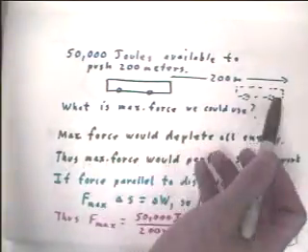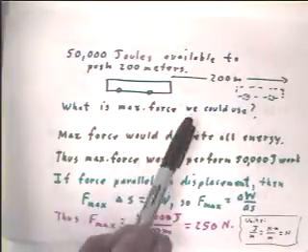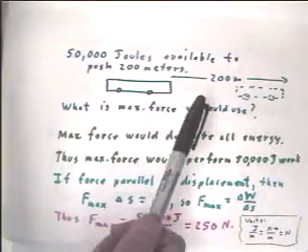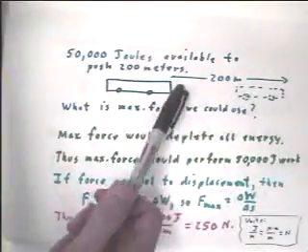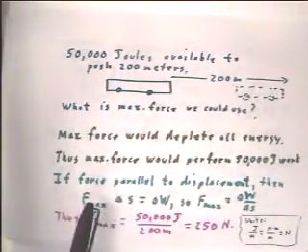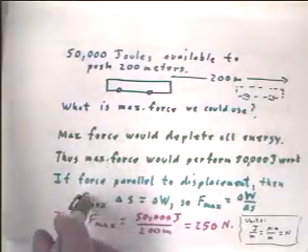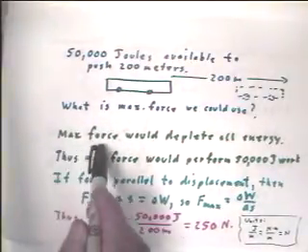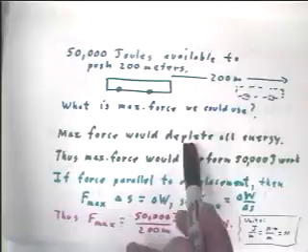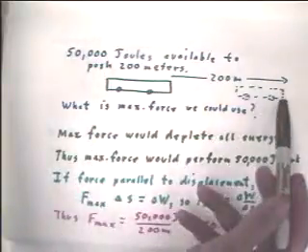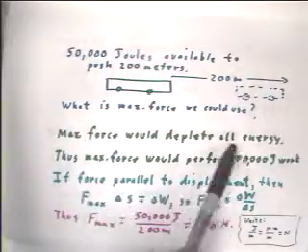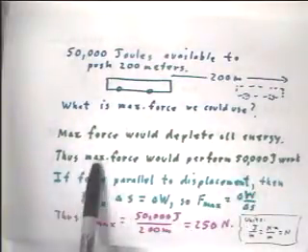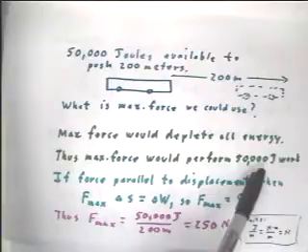If we exert a force over this distance, the work that we do will be equal to the force times the 200 meters. And that will be the energy that we lose. So the maximum force that we're going to find would be the force that uses up every bit of energy at the instant this thing reaches the 200 meter mark. Okay, so the maximum force is going to deplete all the energy, so the maximum force will perform 50,000